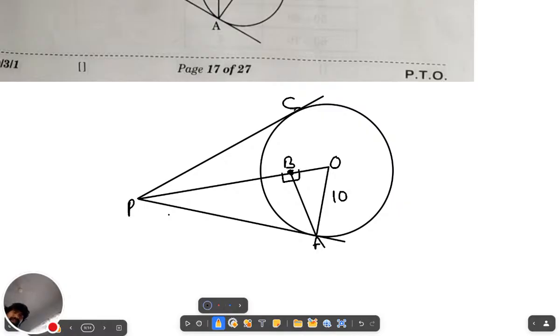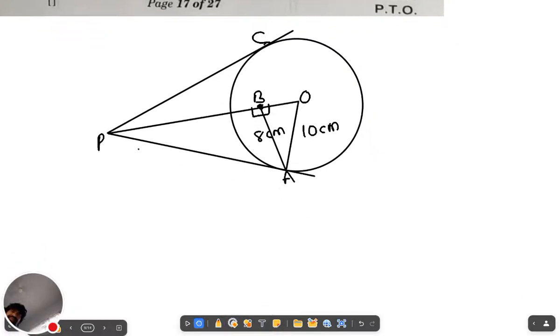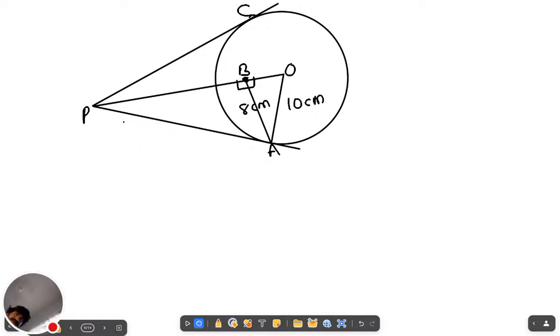OA is 10 centimeters and AB is 8 centimeters. Now we have to find PB. Okay. Now let's take triangle